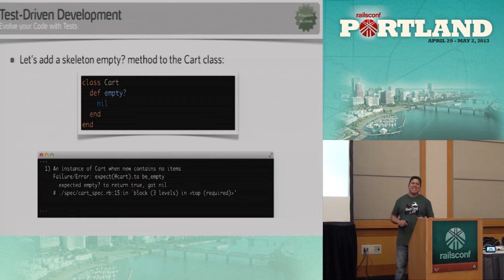But just to cover the purist approach, in here I'm adding an empty method to my cart that returns nil. So now I run my test, and notice it's failing because the empty method is returning nil while it's expecting true. So if you're going to mock it or stub it, at least make sure that the stub returns the wrong thing to break the test. Because otherwise, if you're dealing with a lot of classes and it's a complex system and it's further down the road, you might forget about it. And now you have a passing test for some code that is not what it should be.